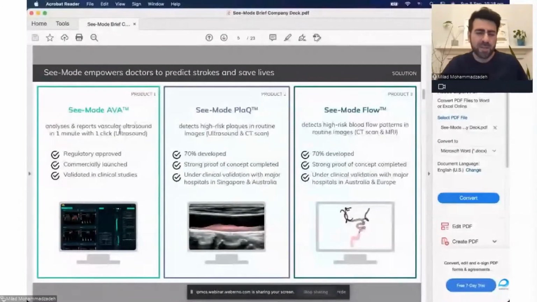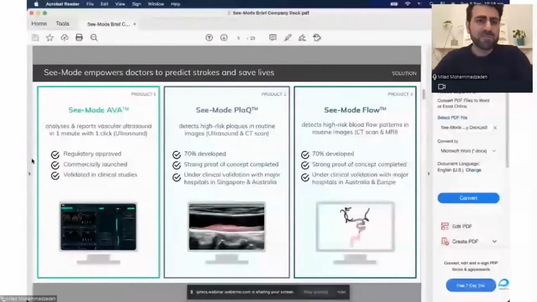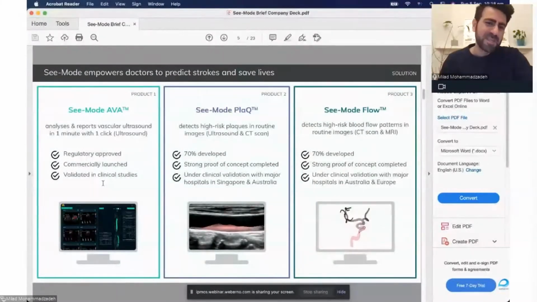So while our first product is currently commercial and in the market, our future products, Plaque and Flow, are currently in development. So let's dive in to a quick demo of our first product and see exactly the problem we're solving. And I'll try to touch on some of the utilities of machine learning in solving this problem,